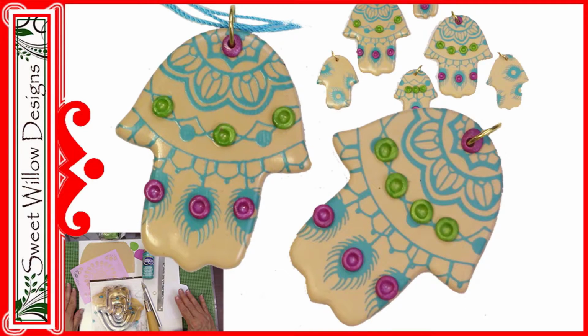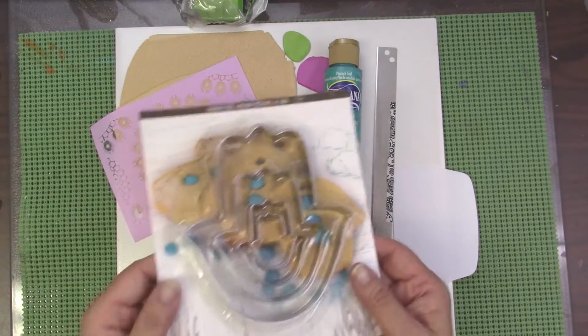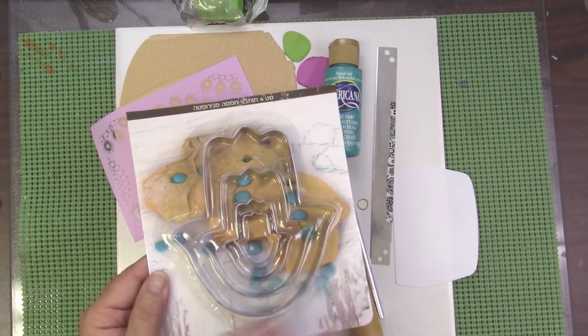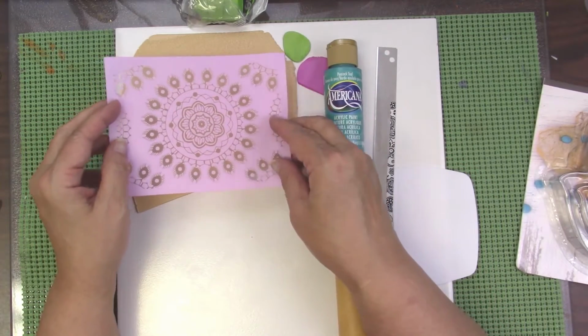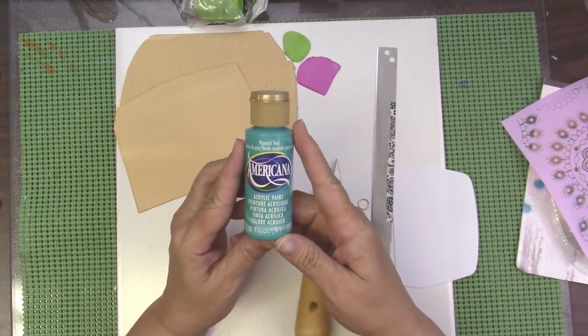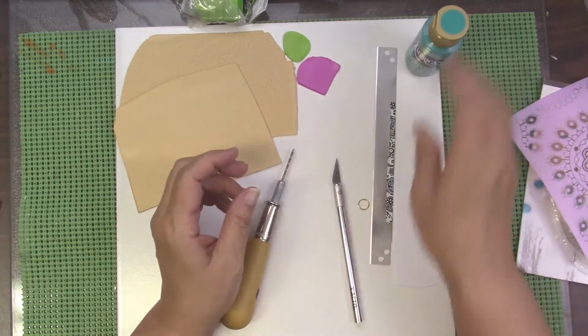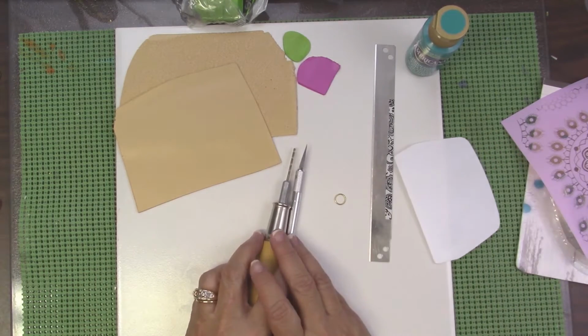Today I have a project to make this really colorful Hamsa pendant. Let's get started. These are the materials that we'll use. I have these cookie cutters, these Hamsa hand cookie cutters, and you can use a paper template of course. I'm going to silk screen this, so I'm using a Sculpey Silk Screen. Got some clay and I'm using this DecoArt Americana Peacock Teal acrylic paint and my various tools, jewelry finding, and